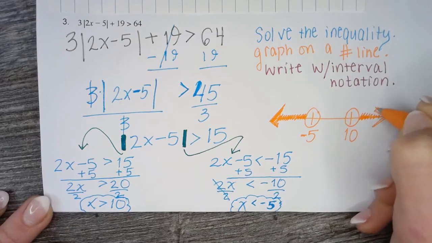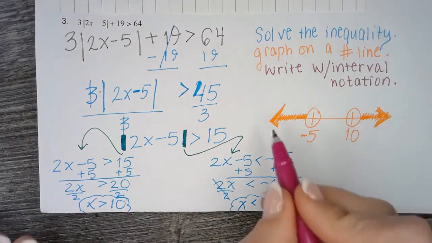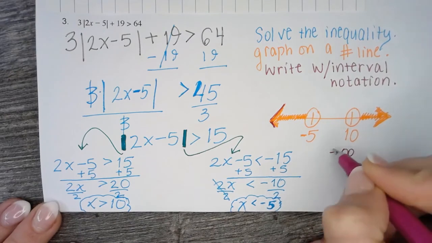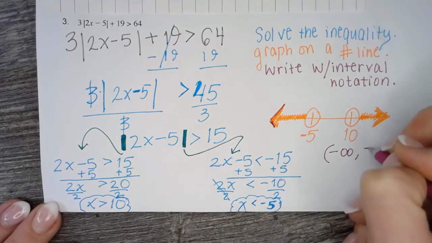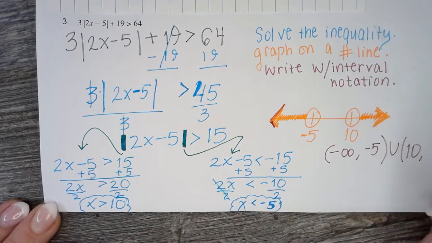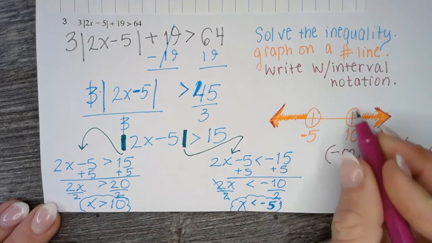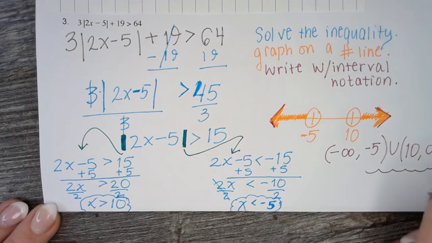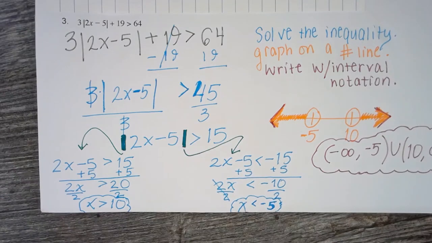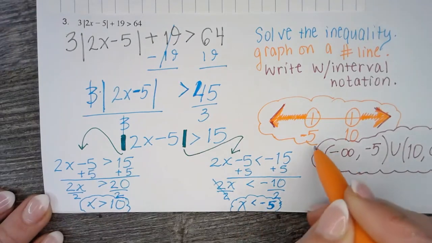When we write our interval notation, we will use a union symbol. So our interval notation, from left to right, where do you begin? This is negative infinity, and that always gets a parenthesis until negative 5, parenthesis again, union 10, parenthesis until infinity. So the union is connecting both of those choices, those intervals, those areas that we have shaded to indicate the solution set. So my inequalities are finished in blue, my number line is here in orange, and my